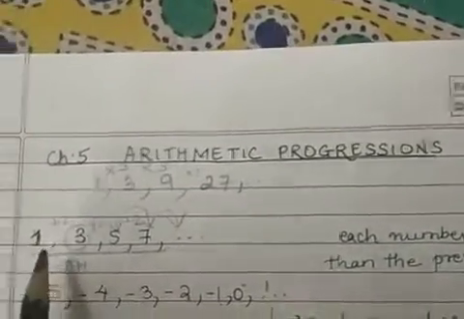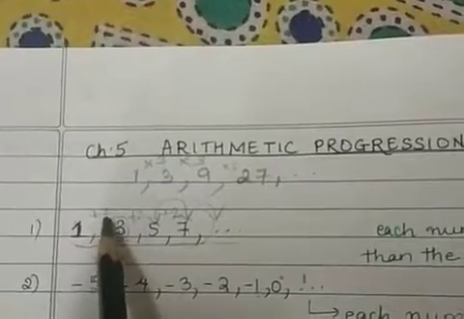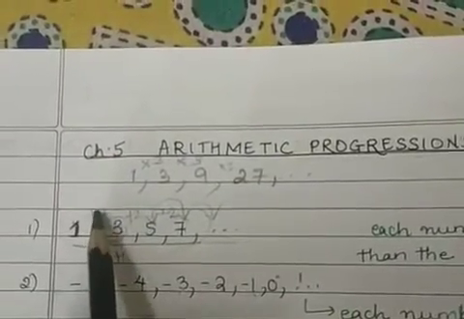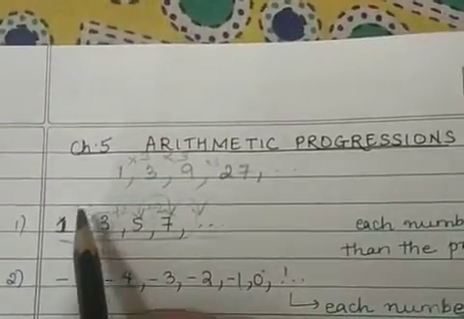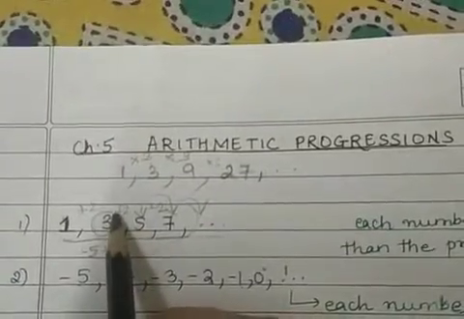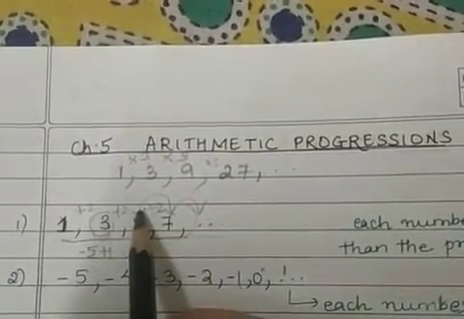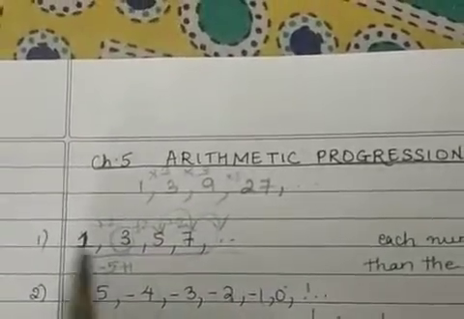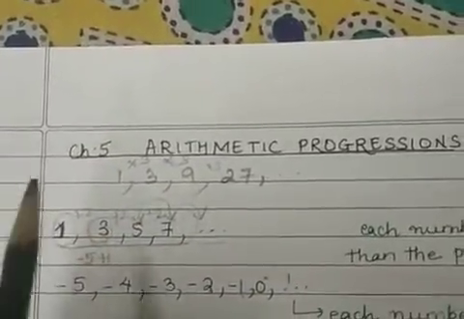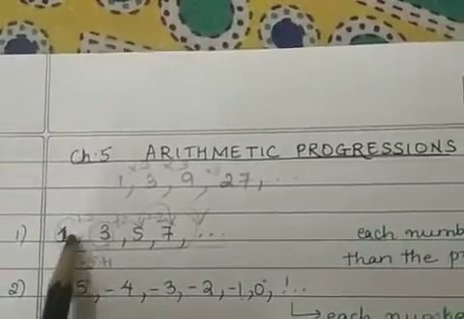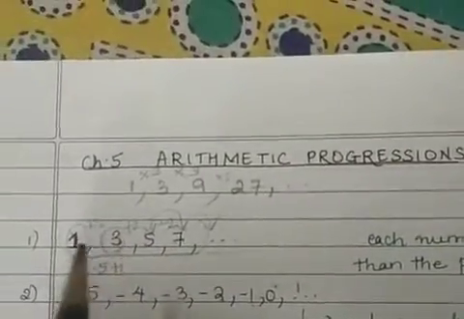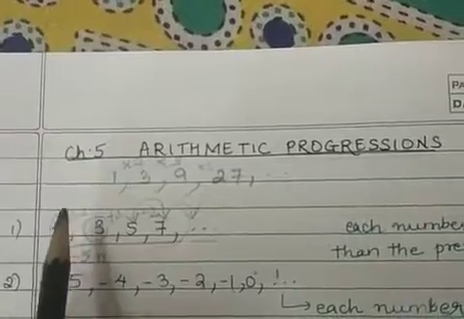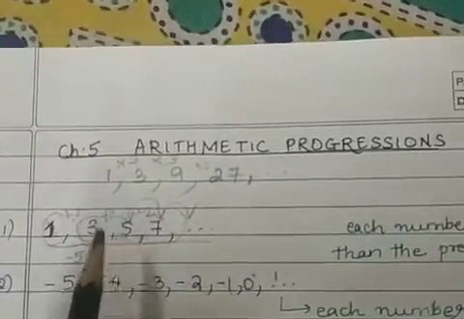So if you see this, is this an arithmetic progression? You can see each term is obtained by adding a fixed number to the preceding term, correct? So 3 is obtained by adding plus 2 to this, 5 by adding plus 2 to this, 7 by adding plus 2 to this, and so on, except the first term. The first term you don't get by adding any number, it is taken as it is. The terms after the first term, all of them you obtain by adding a fixed number. Fixed number means same number. If you add plus 2 here, here also it should be plus 2. Only then it is an arithmetic progression.